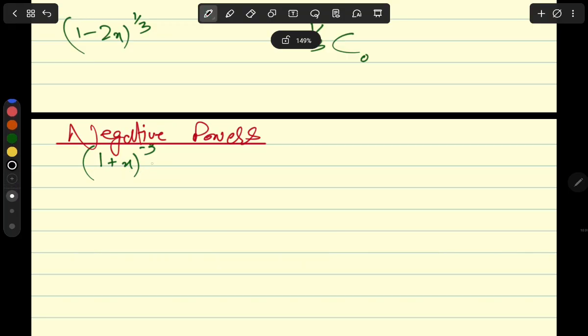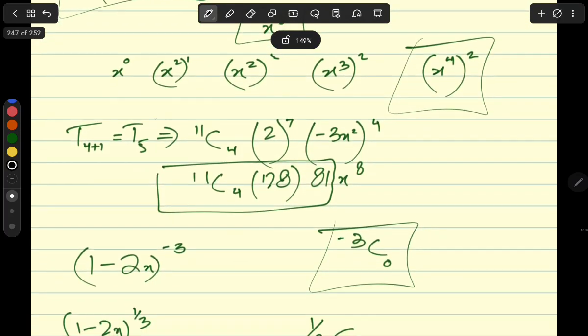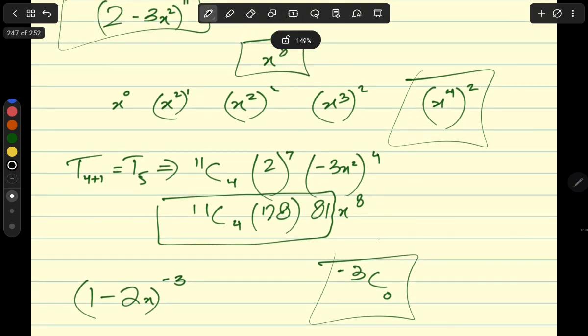So if you're asked to expand 1 plus x to the power of negative 3, and remember that I told you whenever the power of a bracket in binomial theorem or in the expansion of brackets is negative or fractional, then it is an infinite series, okay? Infinite series. However, if the powers were positive integers, just like the cases that we were doing here,